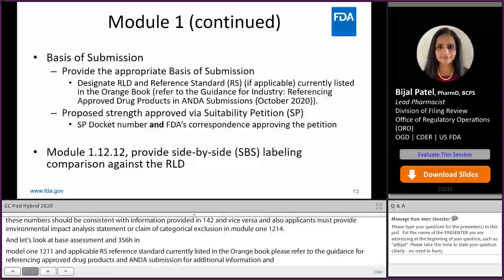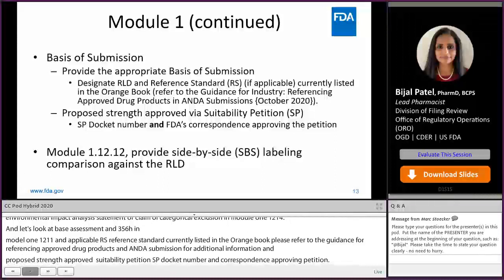A change in strength that differs from the RLD is one example when an approved SP is required. Some other examples are a change in route of administration or change in dosage form, or an SP approving one different active ingredient in a fixed combination drug product. These are other examples where an approved SP docket number and FDA's correspondence approving the petition should be included